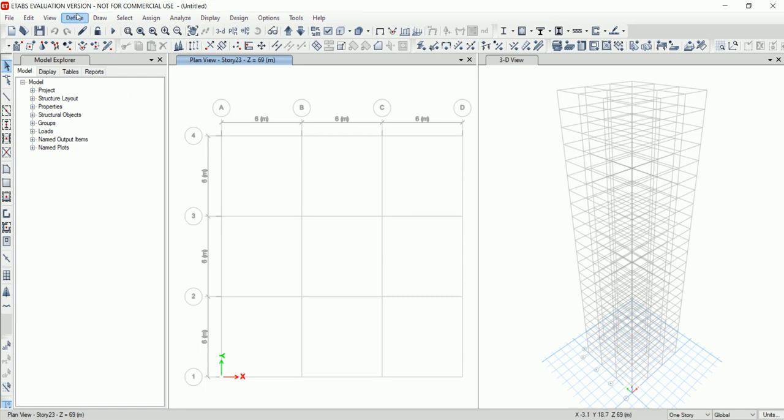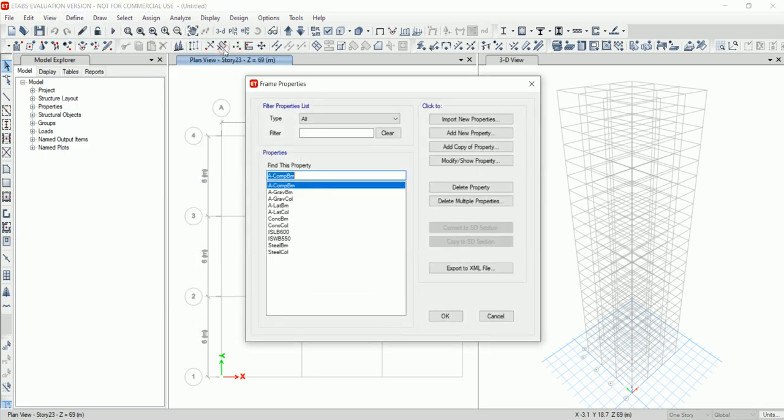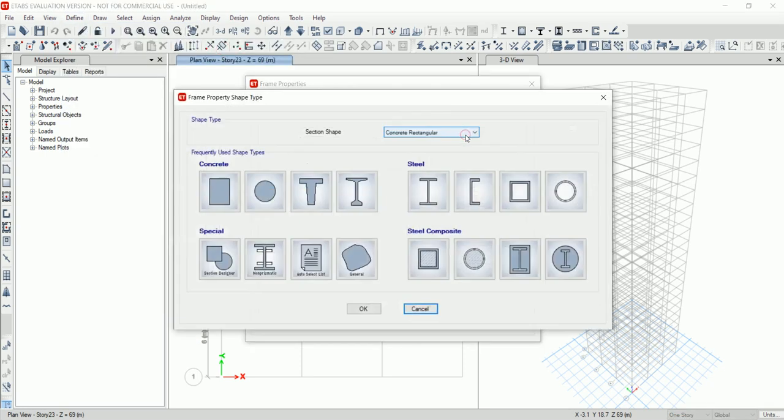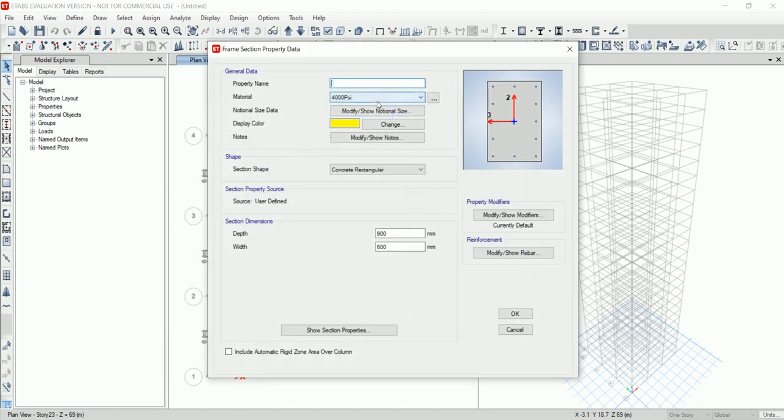Now go to Define, click on Section Properties and click on Frame Sections. Click on Add New Property and click on OK. Set the property name to column 500 by 500.